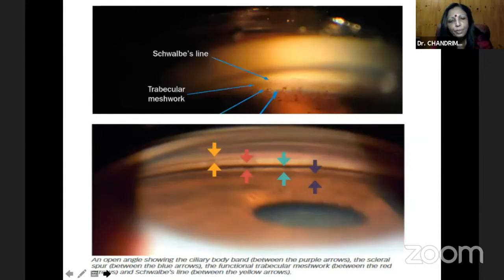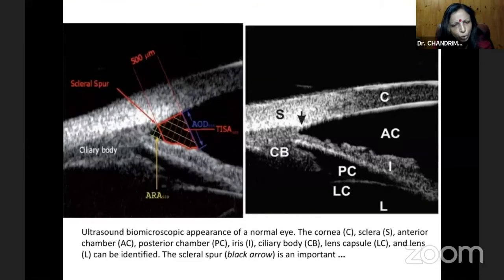So my previous speakers have very nicely spoken about gonioscopy and the anterior segment. Just to reiterate whatever they have said, gonioscopy remains the gold standard in angle closure diagnosis. But here is a closed angle where maybe gonioscopy can diagnose it, but to do a little bit more justice to it, we need to take resort to the UBM or the anterior segment OCT.